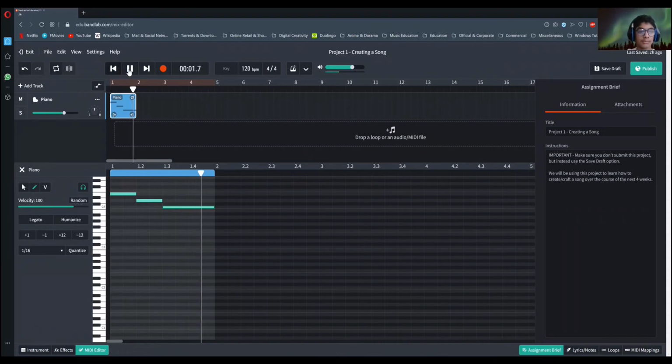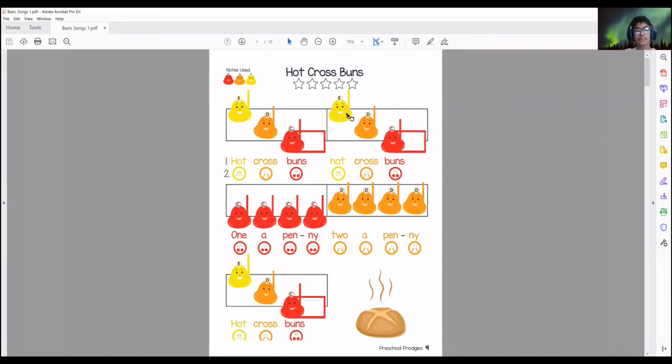Right? Hot cross buns. Let's hear it again. Get it? Okay. Here's the beauty of MIDI. So once again, if you look at my PDF file, the second bar of music is the same as the first. Again, I have mi, re, do, or EDC. Both of these are the same, right? So I've got to do the same thing a second time.